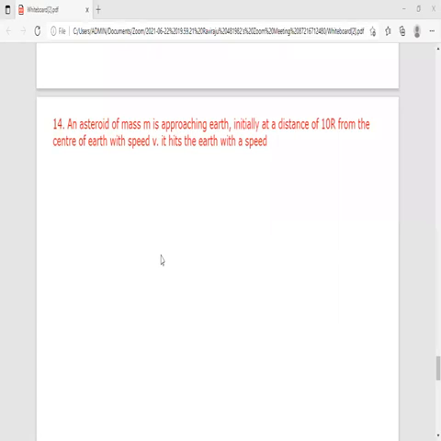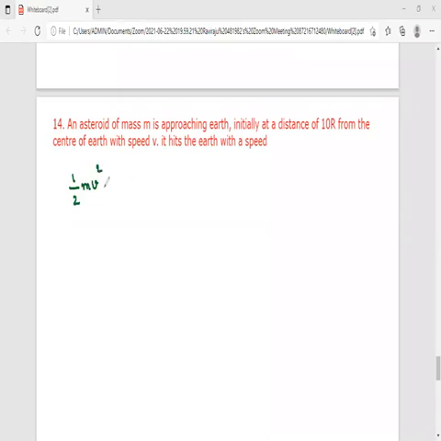And then how can you calculate the final velocity? That is the question. Here also, as in the previous case, you can use the law of conservation of energy. See how to calculate the final velocity here. Initially, the total energy you can write as half m v square, the initial velocity square.